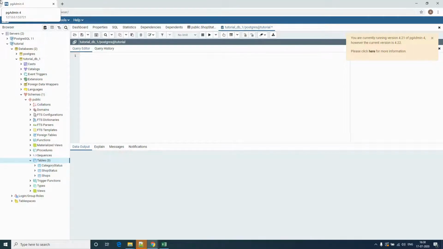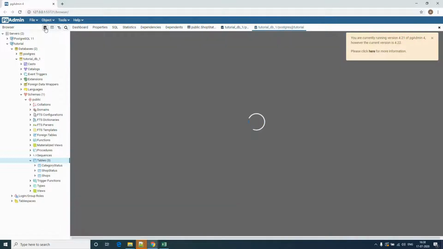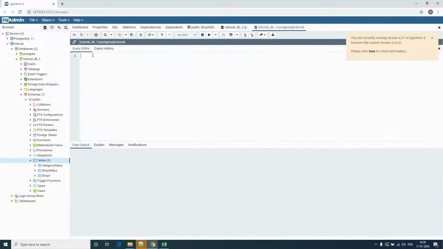So in the last video, we discussed how to create tables. We did it through two methods. The first method was where we right click on the tables and then create a new one. And the second one where we opened a query window and then wrote a query to create a table. So in this video, we will be talking about how to insert